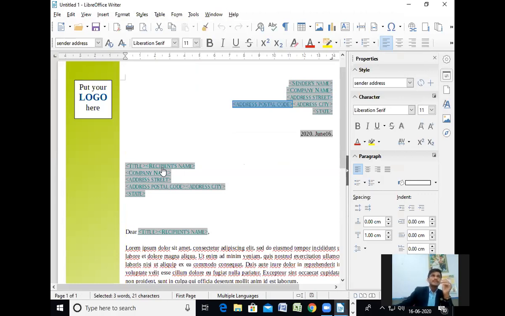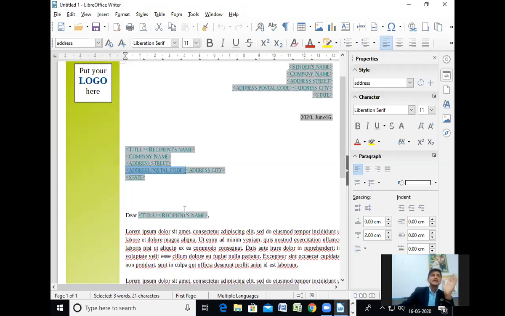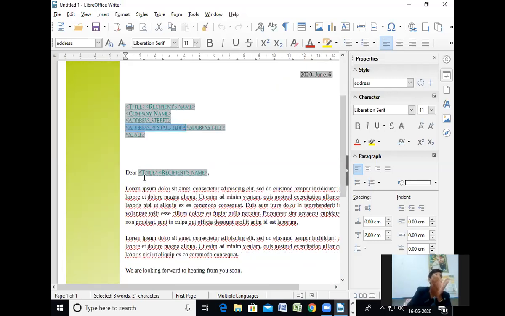Here the title of the person you want to send this letter to, you can write their name, then that company name, meaning your friend's school name or any house name, then address, pin code, postal code, all these things we can write down. Everyone learned in English how to write a letter; the same format has been given here. So as per this format, you can create your own template. I hope everyone understood this easily.